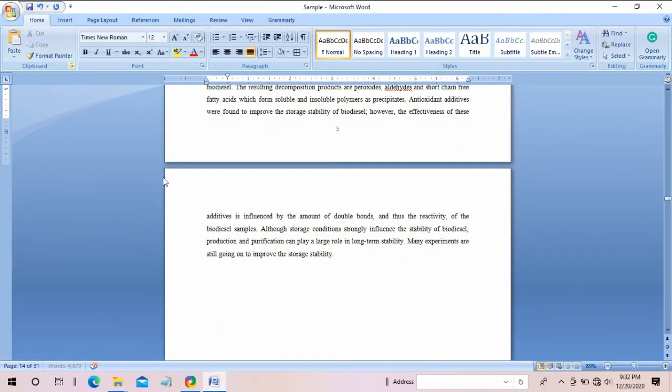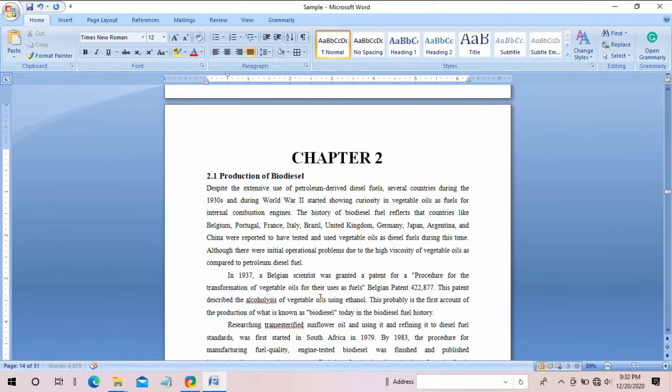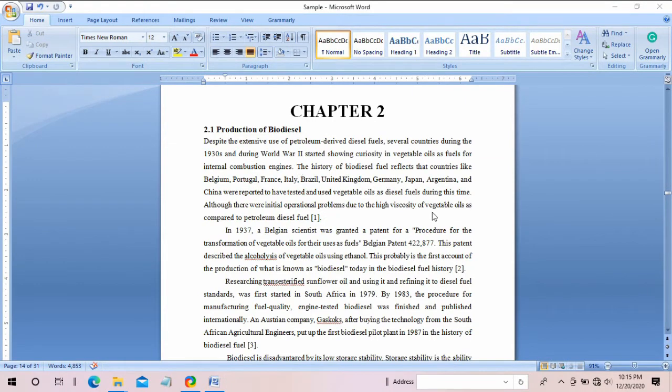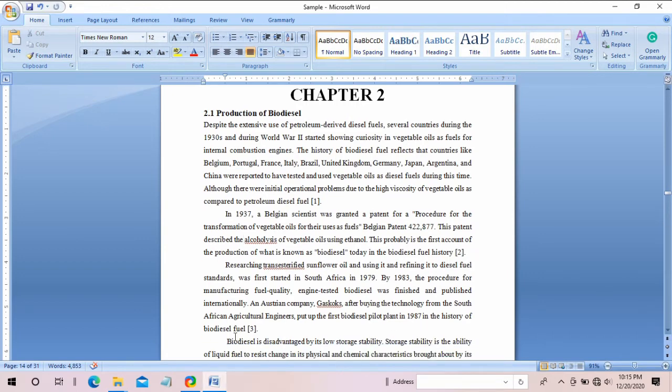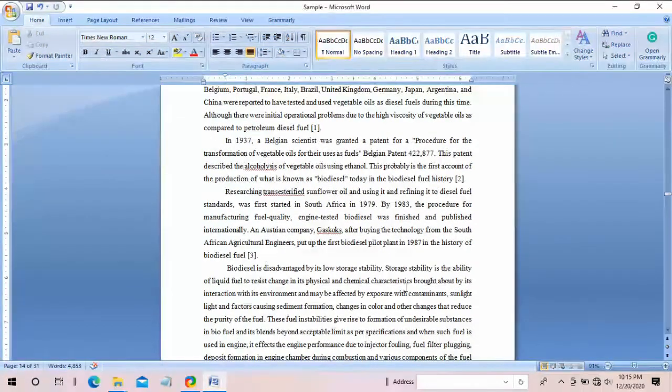Okay, this is your literature review. In the literature review, you should provide citation. Now see this sentence. This sentence has been taken from a text, so we are providing citation. Now this citation is number 1 in the reference section. This is citation number 2, this is citation number 3. So whenever it is required, you have to provide citation.